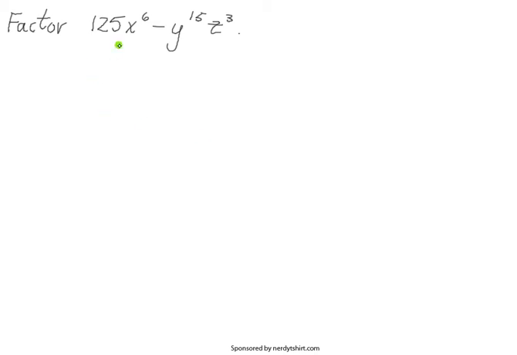Okay, so here's another polynomial that we're asked to factor down, and when you look at it, you can see right away that it's definitely not a trinomial because it doesn't have three terms in it, and it's not something that is going to yield to grouping because it doesn't have an even number of terms greater than or equal to 4. So some other kind of technique must apply here,